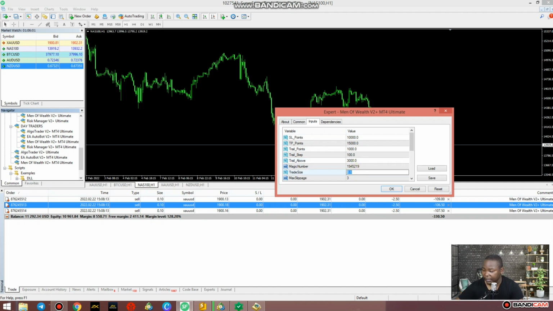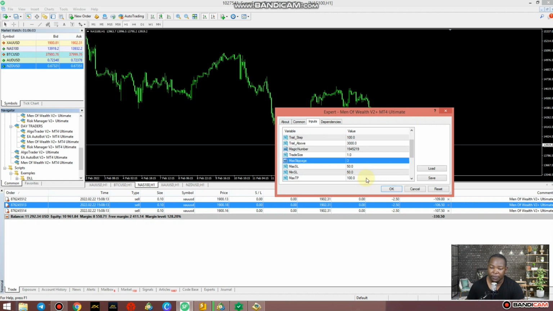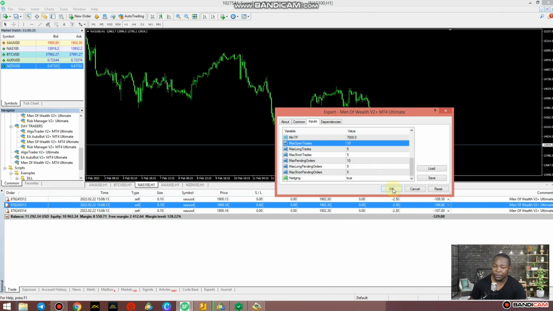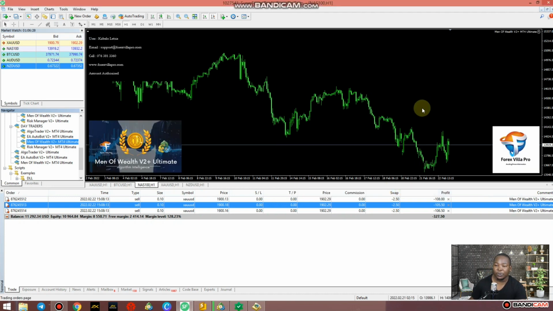You can change things like your lot size, which I'll put in for 1, and then my maximum SL is 10,000, and then my minimum one should be 7,000, and my maximum 15,000, and then my minimum one, again I'd like to keep 7,000 there, and then open number of trades and so on, and the hedging option I've already explained to you. So here we go, we'll turn it on, attach it to the Nasdaq chart,